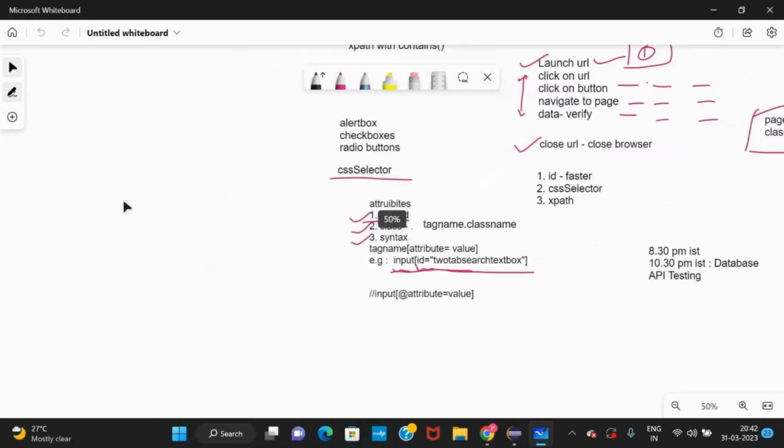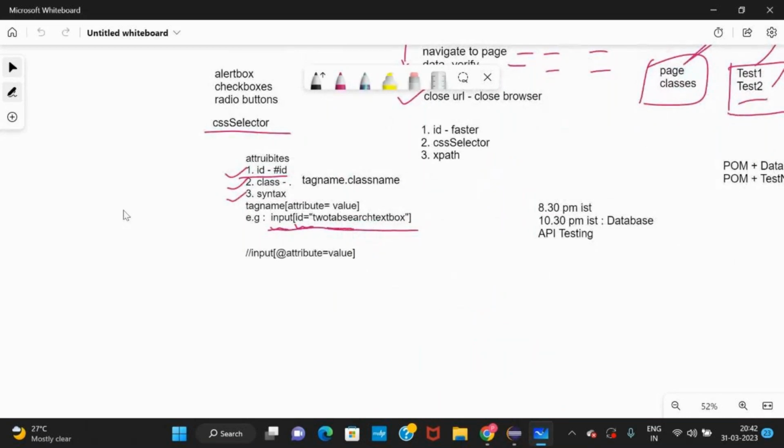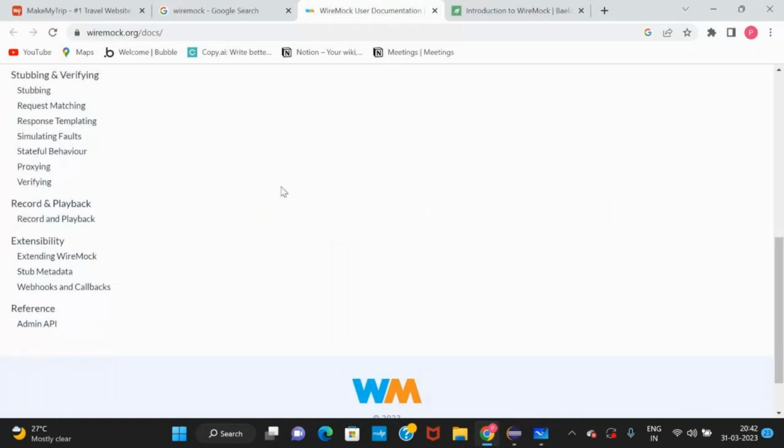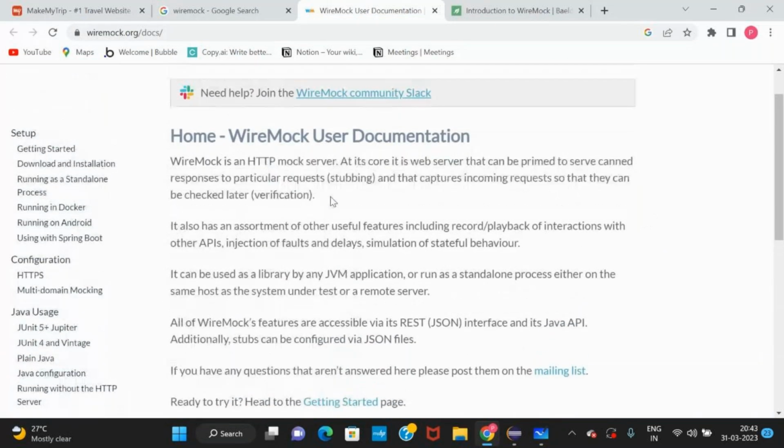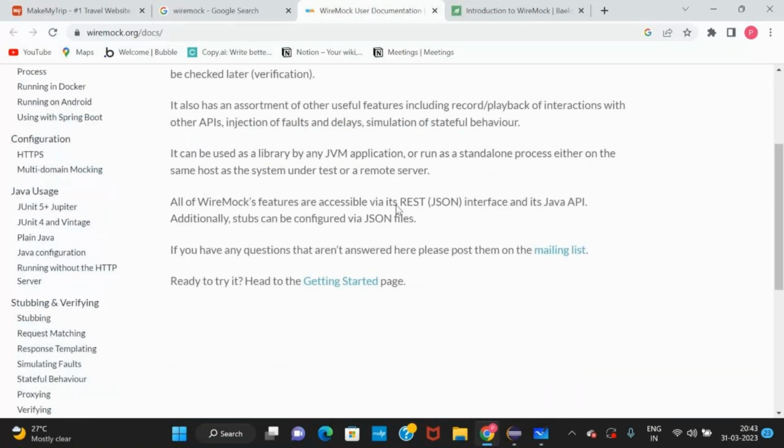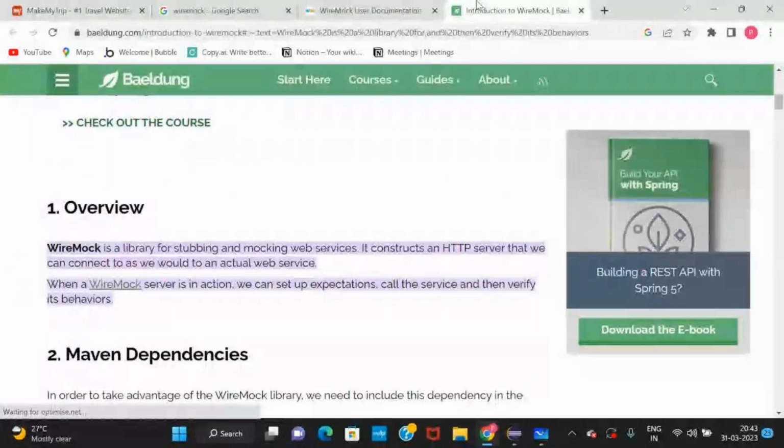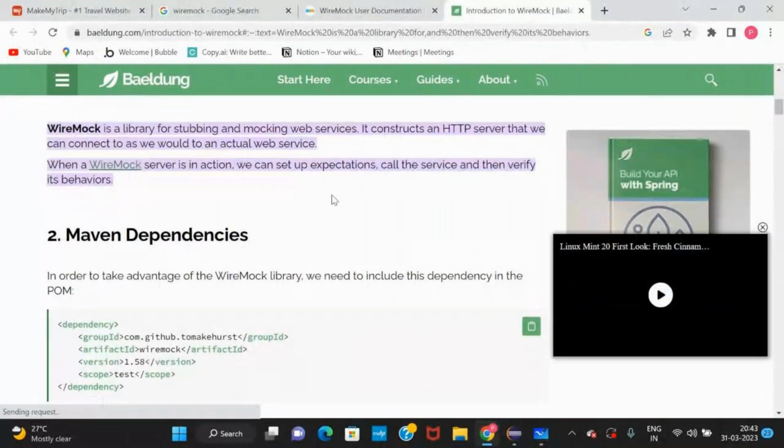Mock is about when some servers are not available, you create temporary servers and you test those things. That is mocking. Mock APIs are like you create unreal, dummy things, and those dummy things you will test. That is mocking. And on this, WireMock is an HTTP mock server, and we will see the documentation in detail.